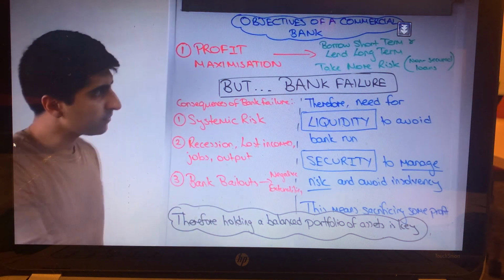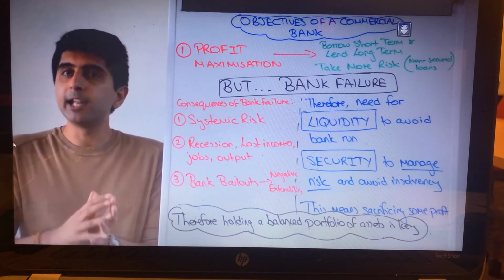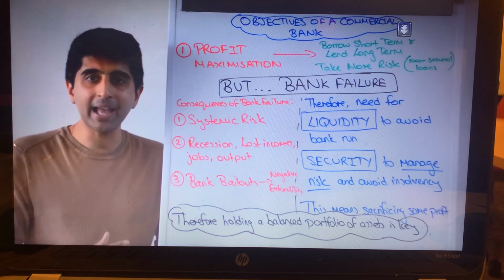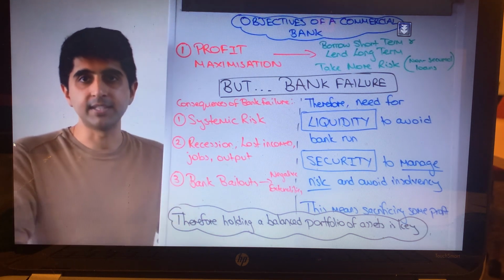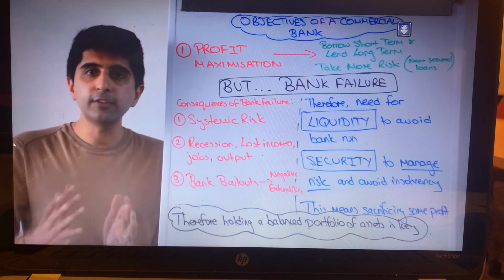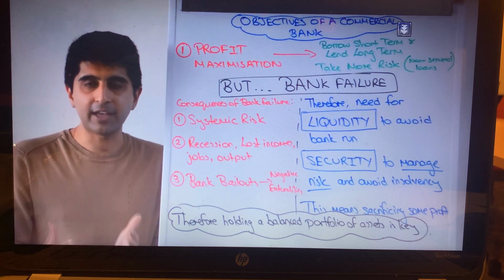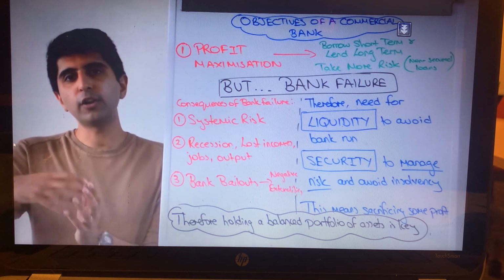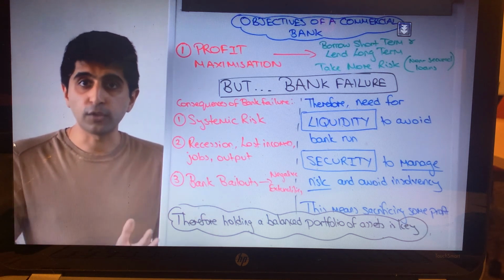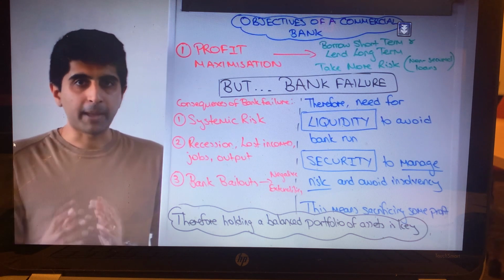So it's not in the best interest of shareholders and those who work in the bank themselves if there is bank failure. Remember, there are two ways in which a commercial bank can fail. There could be a liquidity crisis where there is not enough short-term liquid assets that the commercial bank has to meet its short-term liabilities. Liquidity crisis, a bank run. The second way is that a commercial bank can go insolvent if they don't have enough capital to offset any losses in asset value. So any loans that go bad, if there is not enough capital to offset those fall in asset values, then there is insolvency. Liabilities will be greater than assets, not sustainable, and you see bank failure that way.